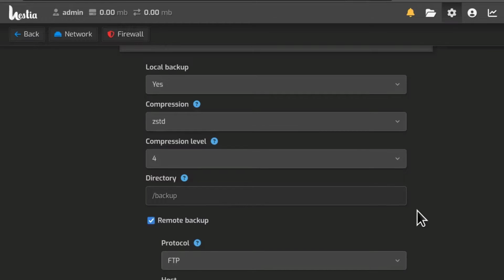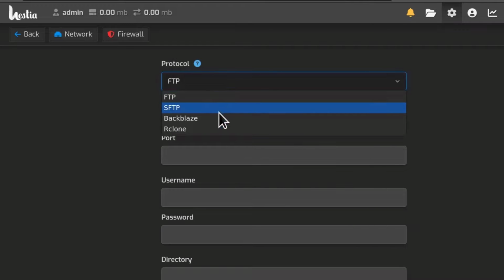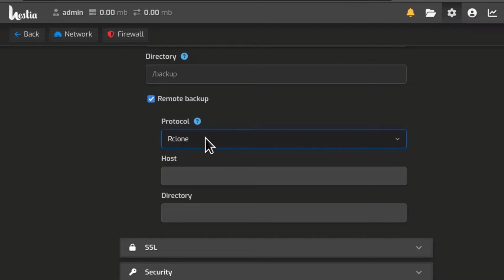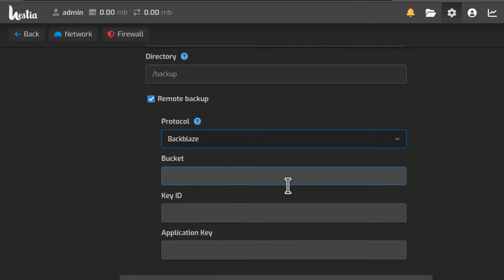So let's click there on remote backups, and you can use FTP, SFTP, you can use rclone, but for this video, we want to use Backblaze. Backblaze provides affordable backup servers that you can use in this situation. Let's go to Backblaze,